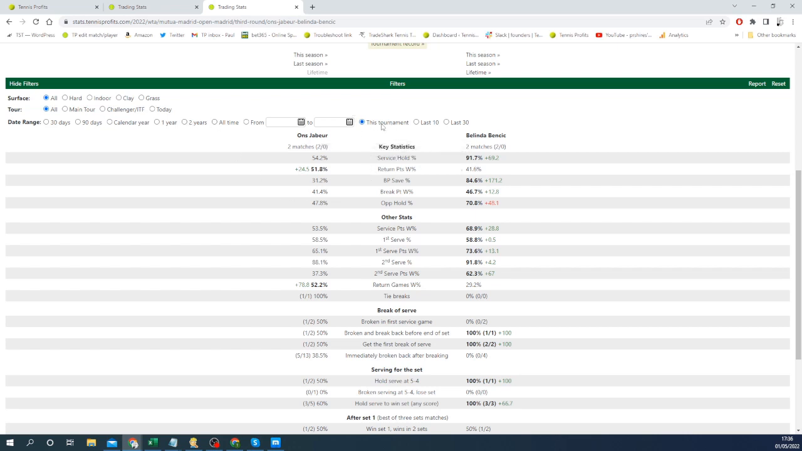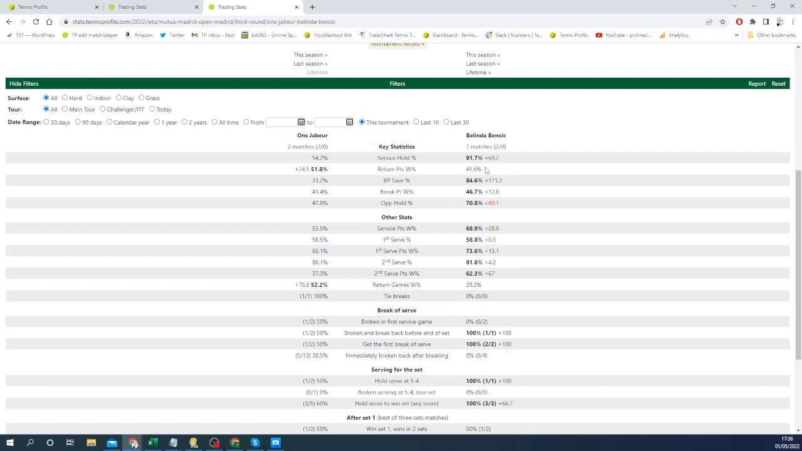You could choose stats just for this tournament. It should ignore these filters if you click this tournament, but just check. The easiest way to check is just see the number of matches. We know they've played 2 rounds, so you should have 2 matches in the results. So we can compare their performances